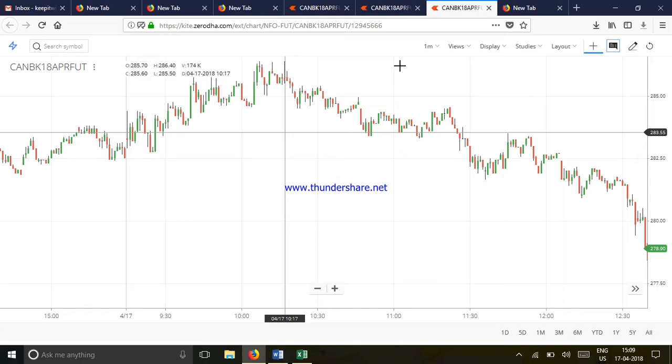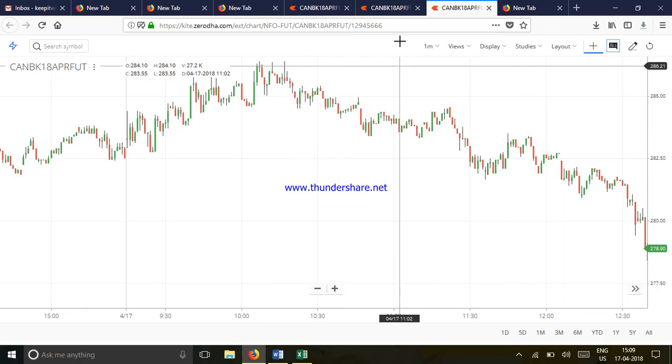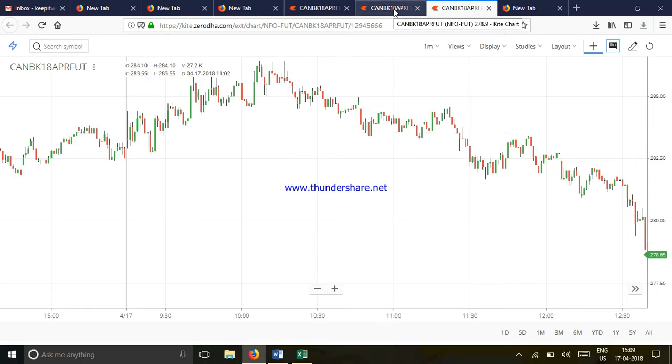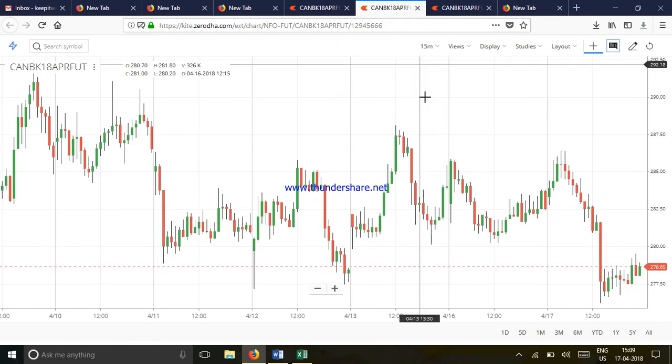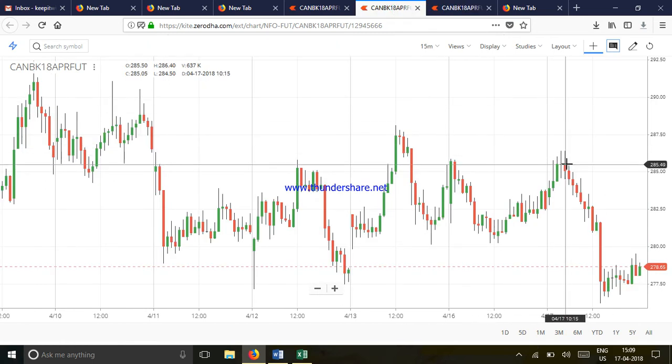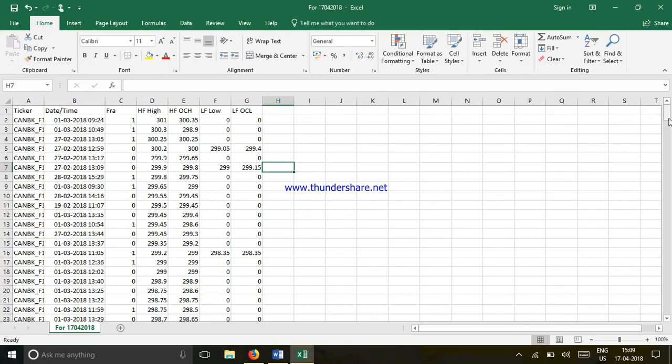So it is high fractal, 286.40. It's a red candle and pattern is there. This is an engulfing pattern covering the body of the previous candle. So pattern is there. That is our conditions now. We go to Excel sheet,